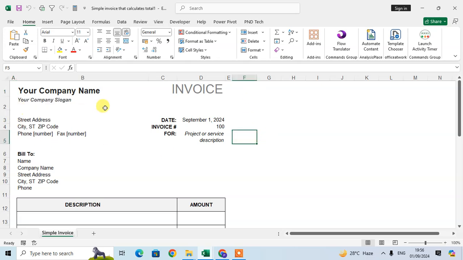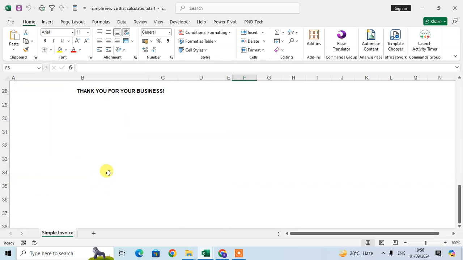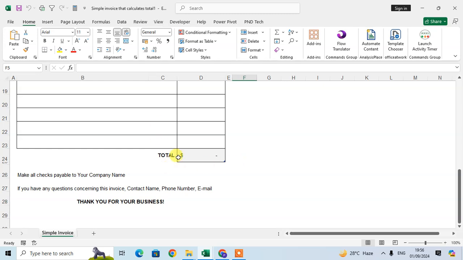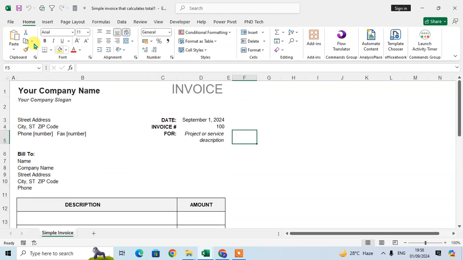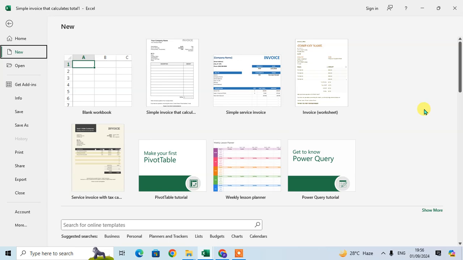ready. Enter here your company name, company address, bill to, customer name and customer address, description of the product, amount, and the total amount of your product. This invoice does not have any tax calculation or taxable amount, distribution of the taxable amount and total amount. But if you want that type, you can go again to More Templates and click on